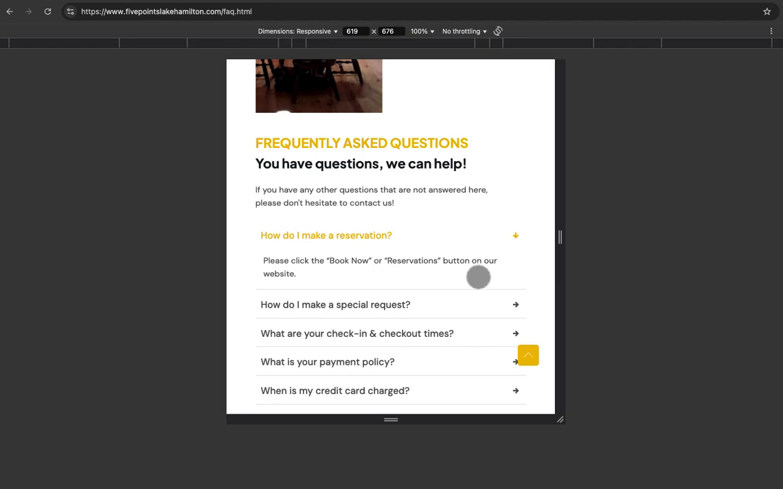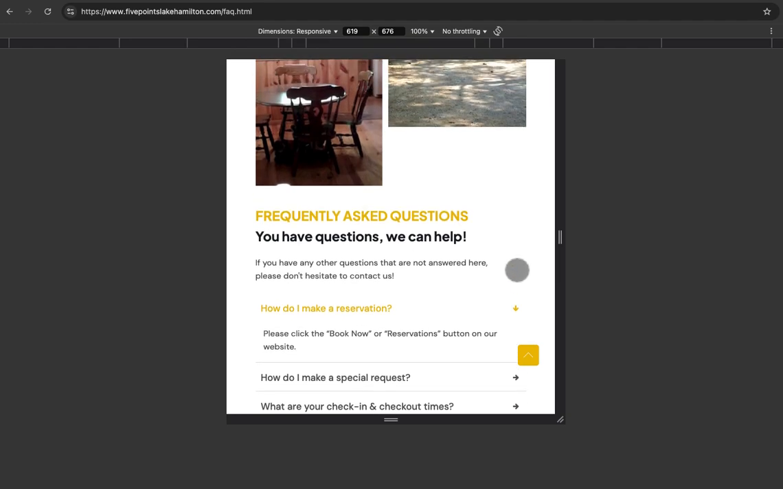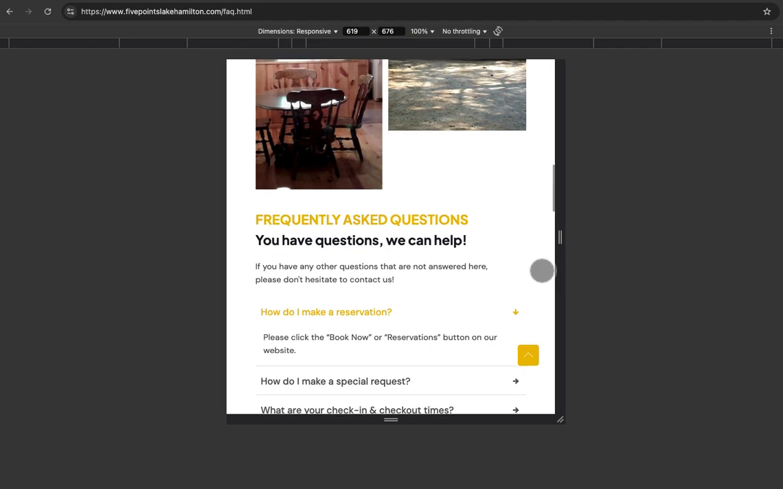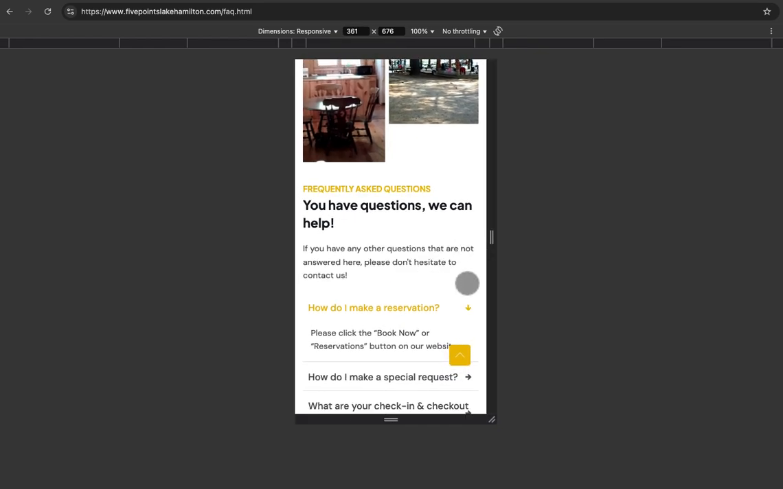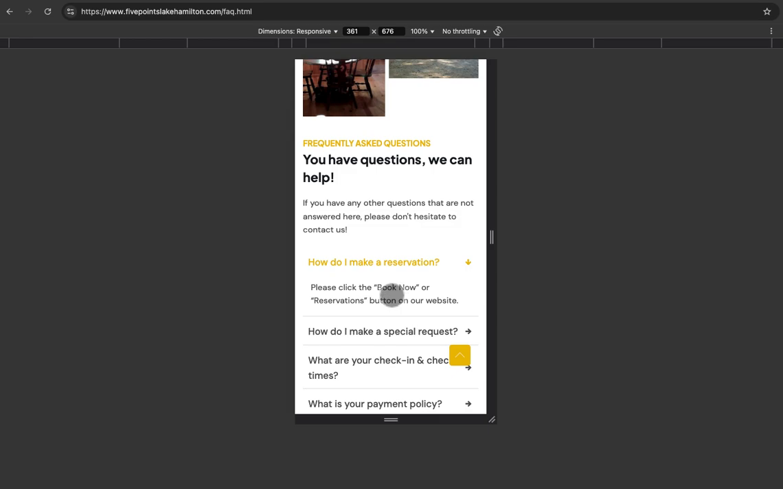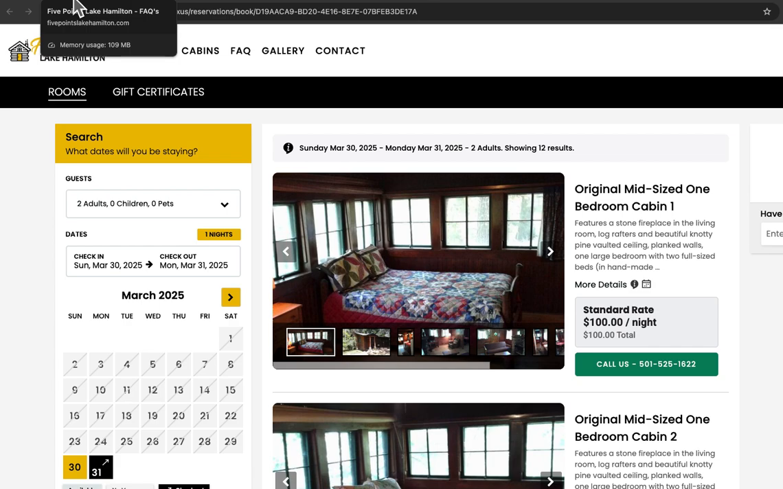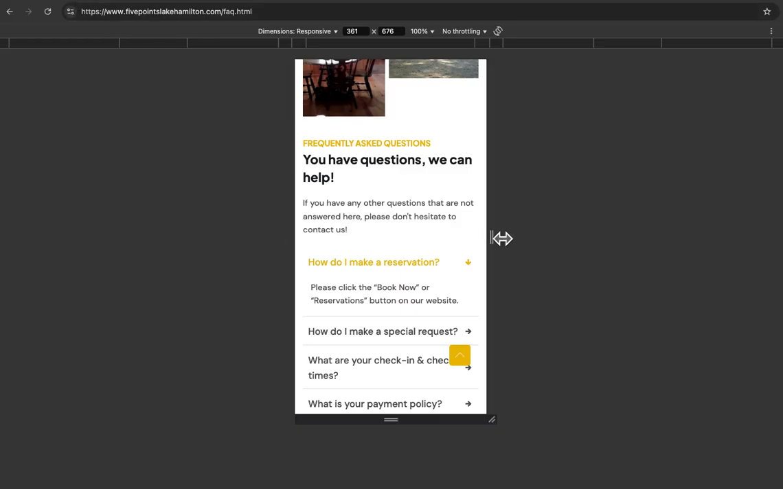"Please click the book now or reservations button on our website." Well, instead of forcing the user to find that book now or reservation button, like in this example, if we're looking at our mobile phone, why not just provide this as a hyperlink, which is what the book now button does? That way you're not telling the user to go find the book now button and then click it. Instead, just make this a hyperlink so that it automatically takes the user to this page, in a new window as the book now button currently does,